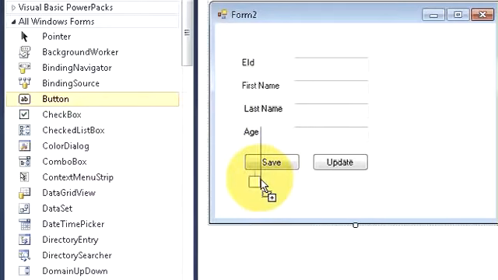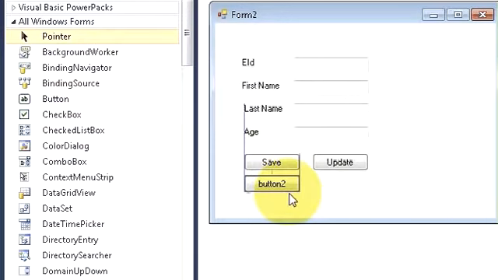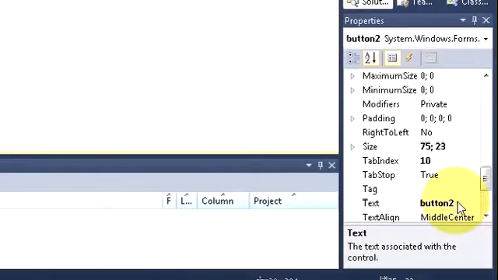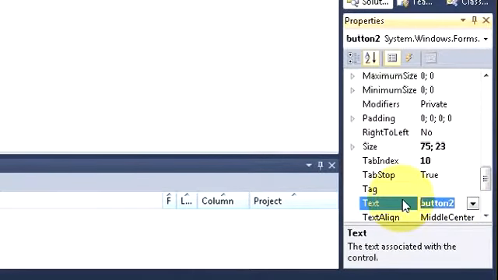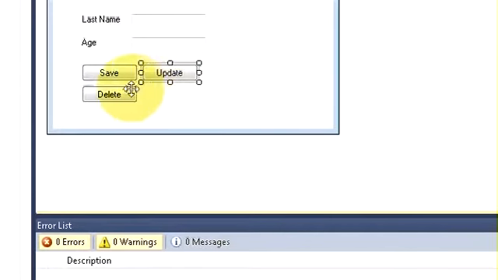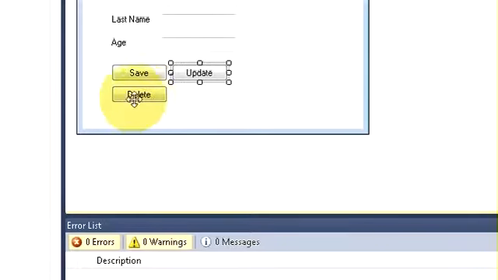I will drag and drop a button here and change its text to delete.